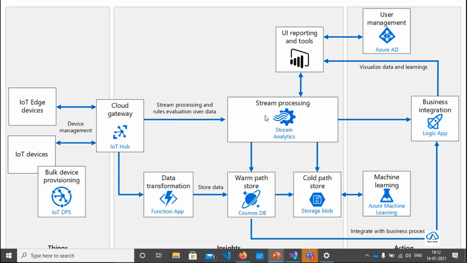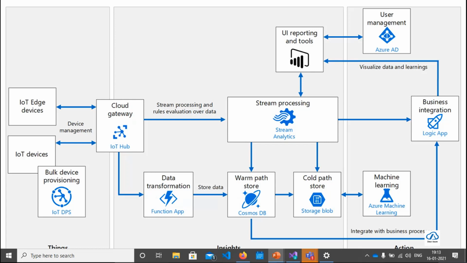You're going to stream the data carrying from various IoT devices towards stream processing. So the input is from IoT Hub, and here you're going to store the output. Once the data gets processed, you're going to store the output on Cosmos DB in a warm path, and for the cold path, you're going to use blob storage. At the other end, you can also generate outputs towards Power BI on the dashboard, which can help you with reporting. So this is the overall execution of how Stream Analytics can be used in a real-time architecture.